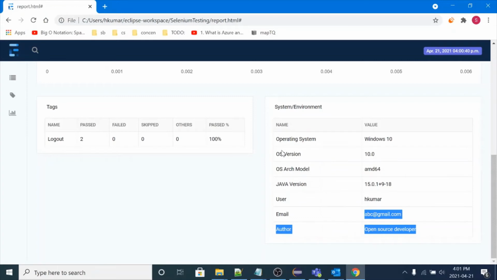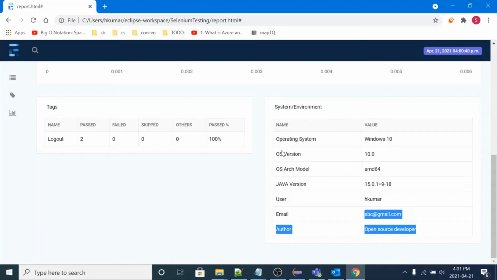So you can set your system information here, and whenever any of your team members or your stakeholders or your client wants to see the properties of your execution, they can see these in system properties or system environment properties, like what is the operating system of your execution of this particular project, or OS version, Java version, right? And who is the owner of this project.